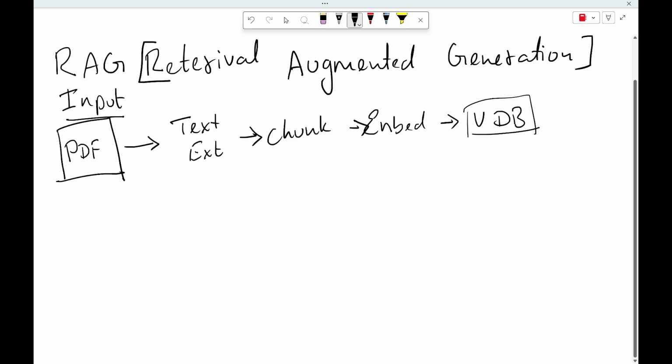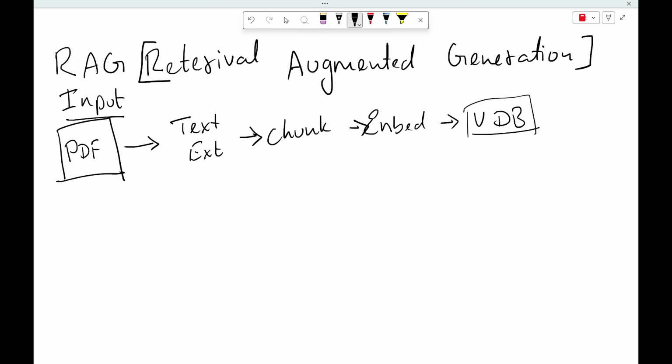What is a vector database, or what is a vector? A vector is a numerical representation of a string which has meaning. You convert a string, that is text, into numbers so that the meaning is captured in it. We embed that in the form of a vector, and a vector has a direction. In basic terms, if you convert one word into a vector, for example, similar words like king and queen, they